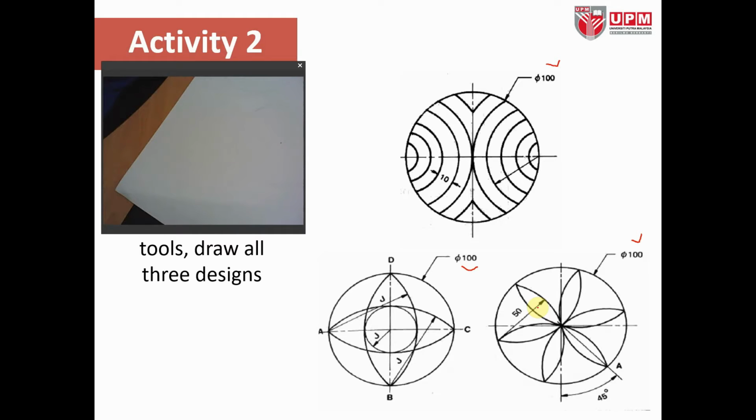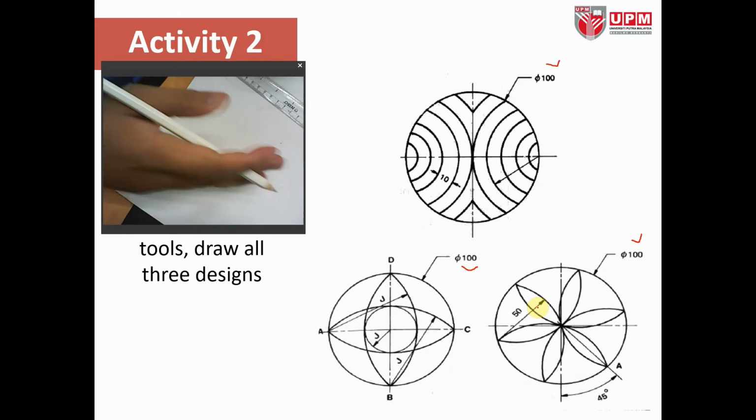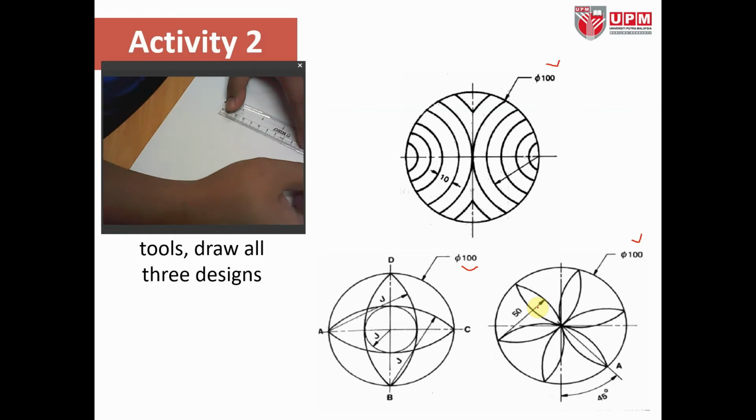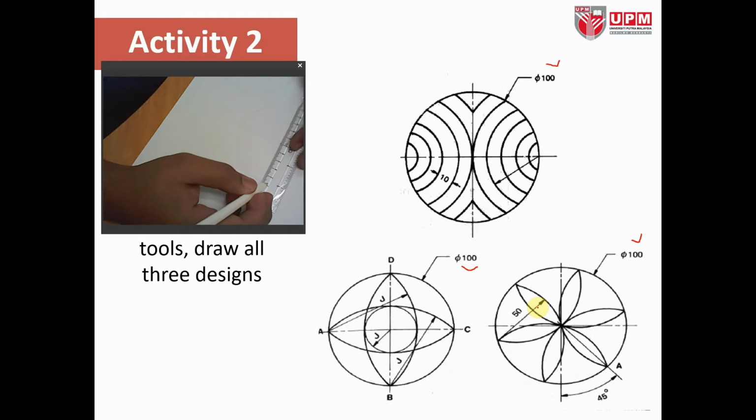It's going to guide you for the drawing of other lines in the circle. If you use the drawing board, you can use the T-square to guide you for the drawing of the center line. But in my case, because I don't use the drawing board, I'm just going to draw the center line by myself